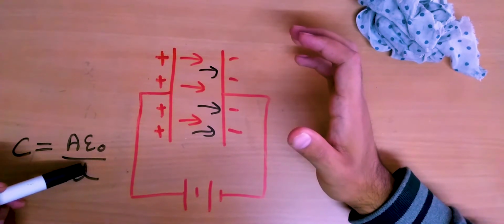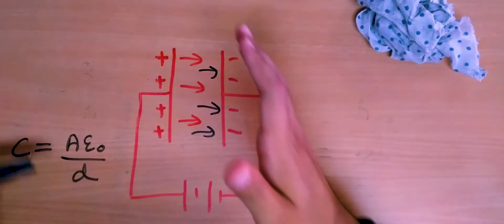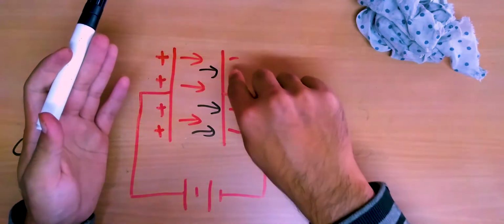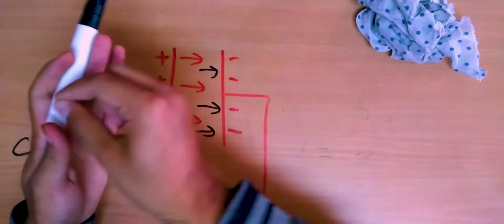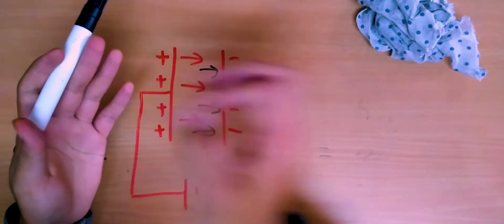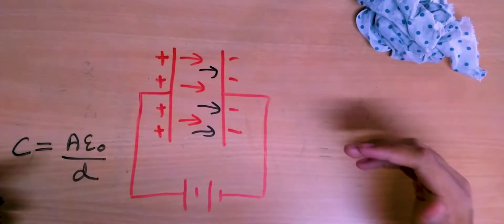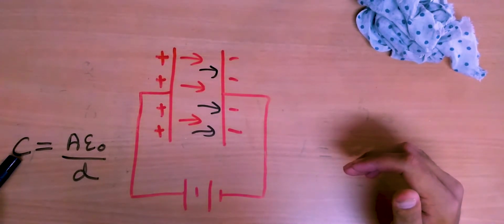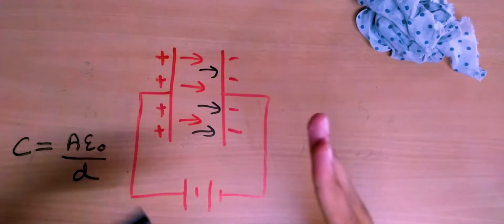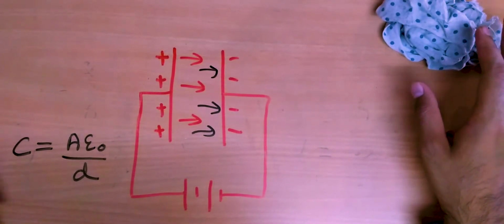Then it also depends on the distance. Well, that is not so easy to understand, but the basic idea to understand that is that if I increase the distance, the work I have to do to take a charge from this plate to that plate will obviously increase, right? Because the charge will have to travel a larger distance. So if the distance increases, I'll have to do more work, and so the capacitance actually drops, because if I have to do more work, I will be able to store lesser charge for the same potential difference. So that also makes sense now, I hope.